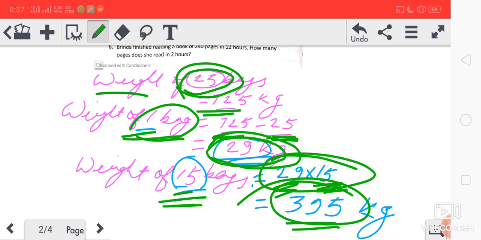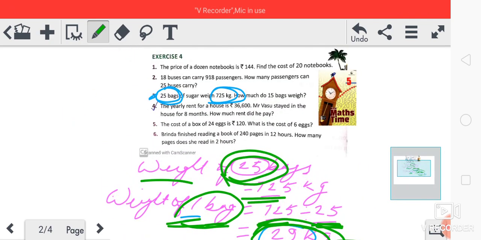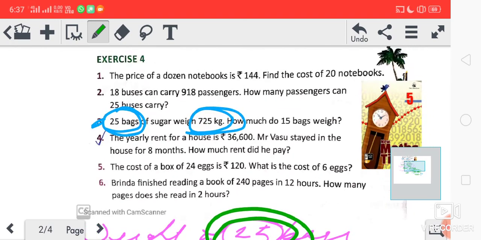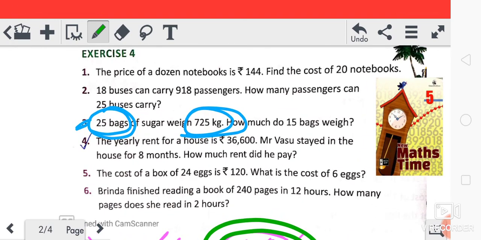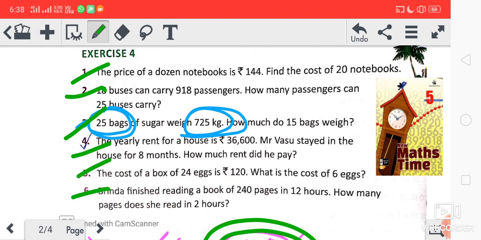So question number 1 and 3 I have done for you. The rest, question number 2, question number 4, question number 5, and question number 6, you have to do